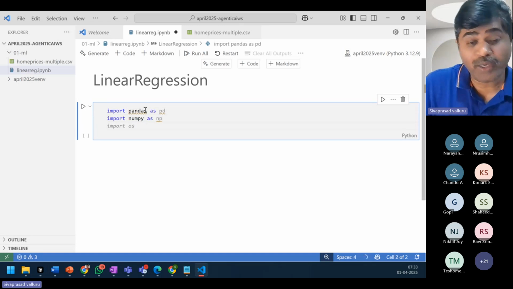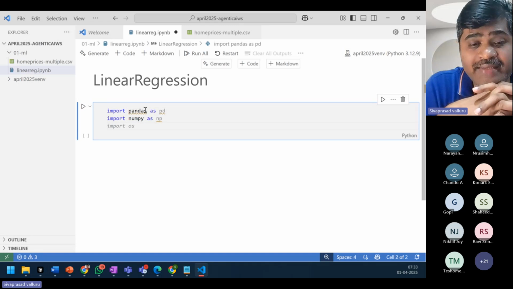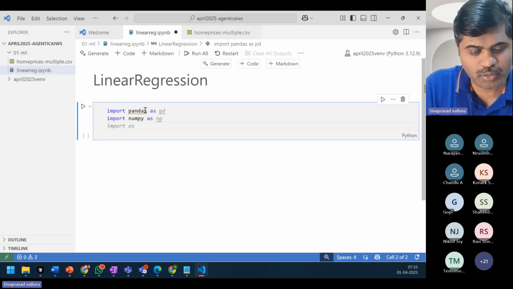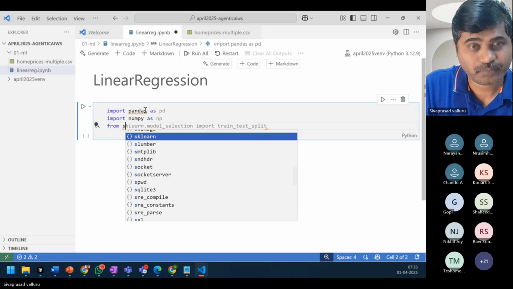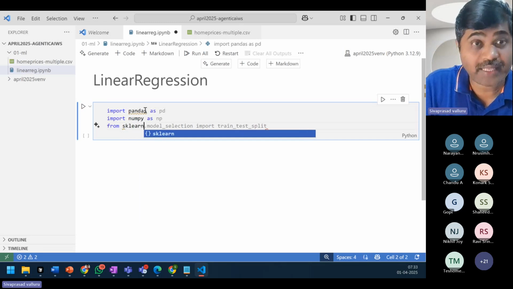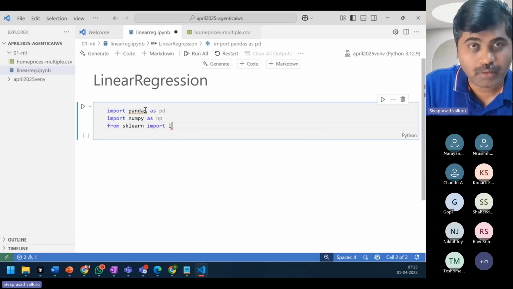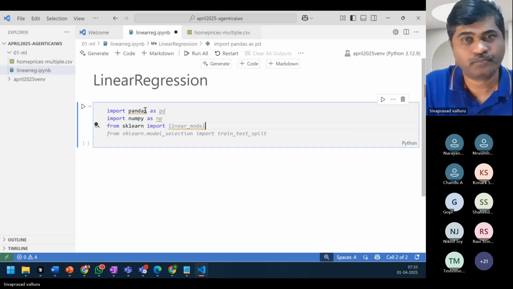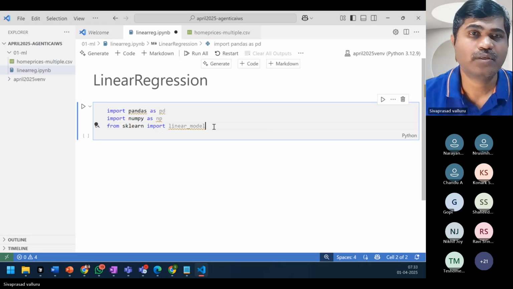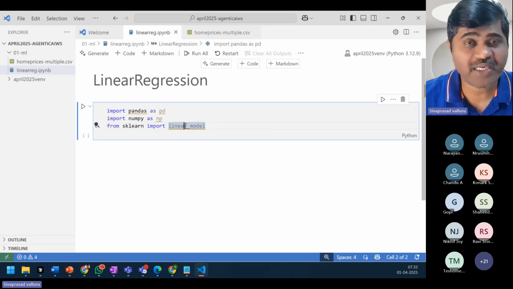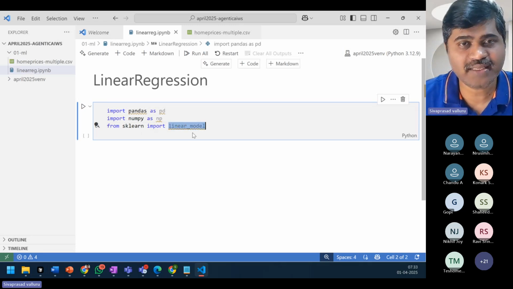And I wanted to use an algorithm called linear regression. So I have to import it from sklearn. I installed the scikit-learn library, right? From sklearn, I can import linear model. Okay. So I'll be using some functions and classes inside this linear model.